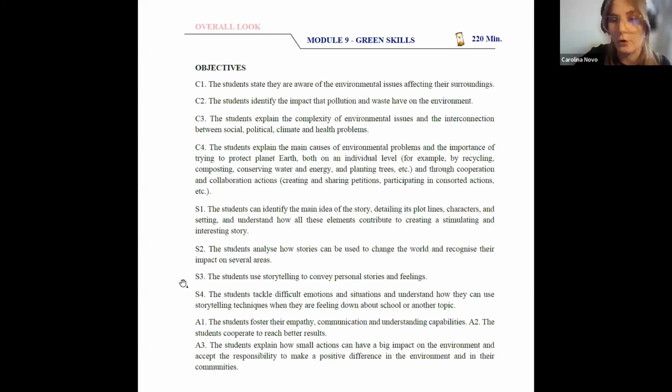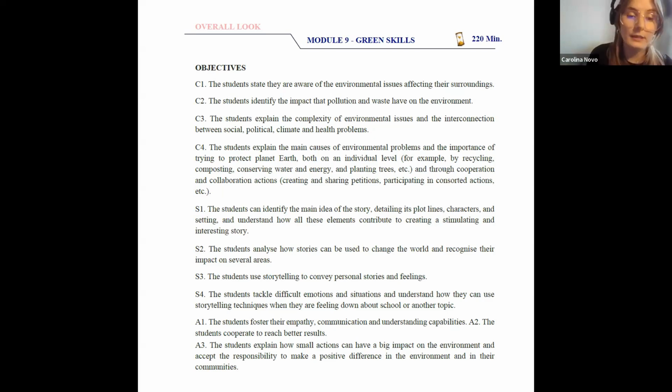And then we have the storytelling objectives, as you know. So one of the great objectives of our project is to use storytelling to improve the students' competences in learning, in understanding, and in being more well succeeded in various topics in the school. So it's to use stories for different purposes and understand how powerful stories can be. So we also have some objectives related to storytelling, as you will see.